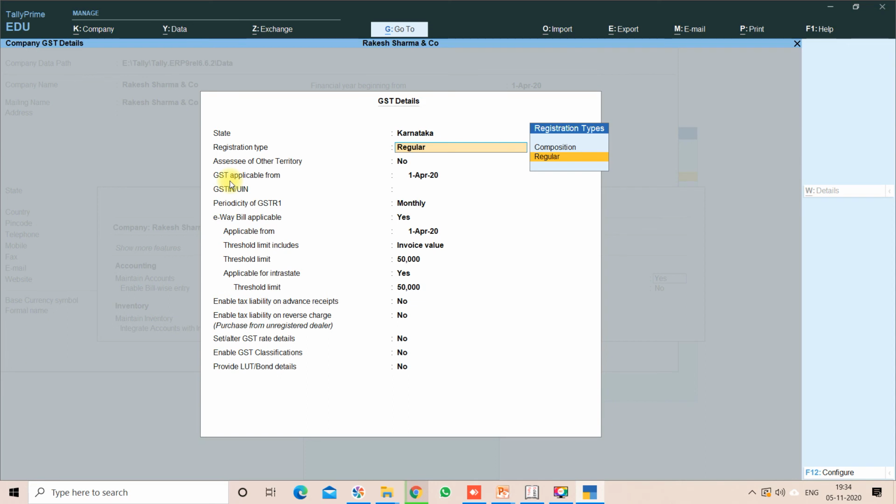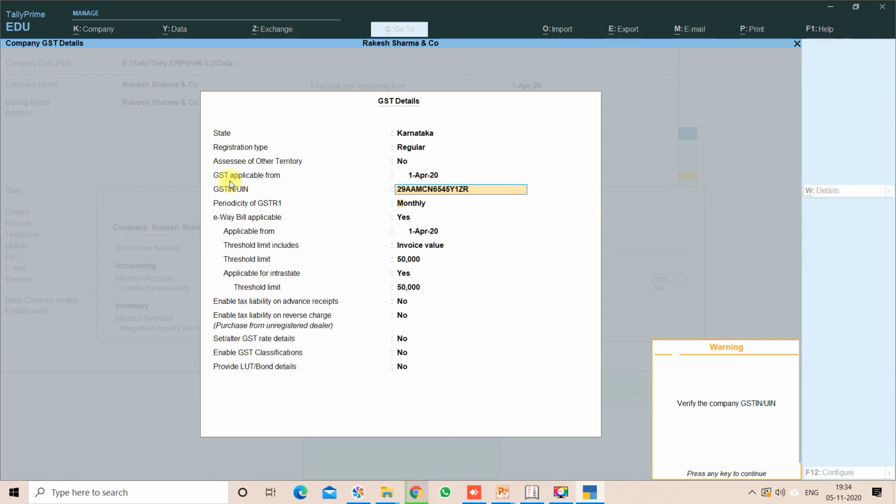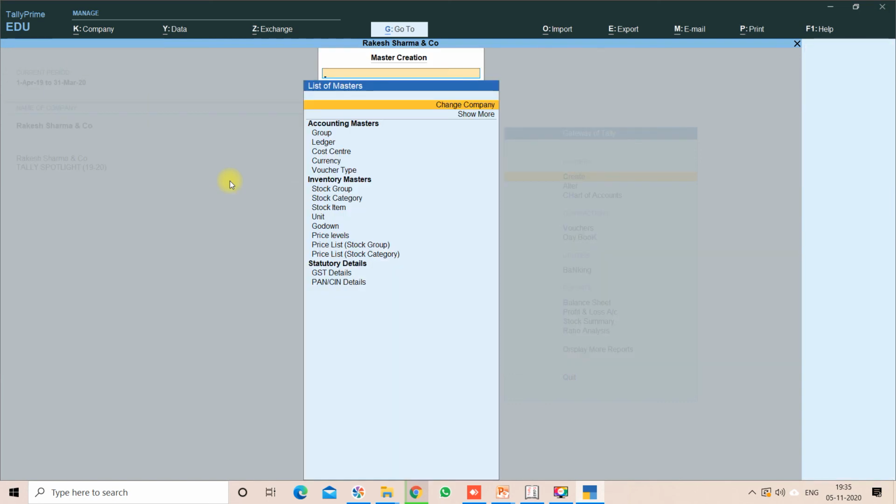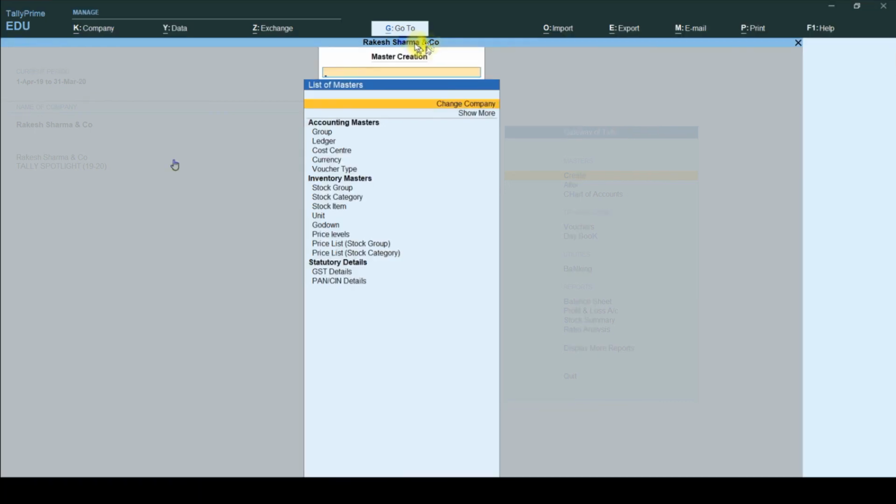Once you enable the GST detail, immediately on the very next screen you can see the GST registration information and update it. But for the same option in Tally Prime, there are two options we need to enable. First you need to enable GST. Next you need to click on set or alter GST details. Then only this screen will come. Once you save the F11 features, click on escape and come to the main screen, the Gateway of Tally screen. We are in the Go To option, click on escape. Now you can see the company is loaded.